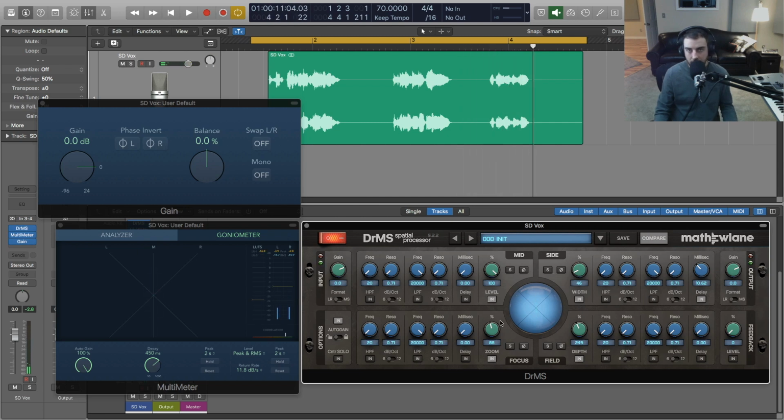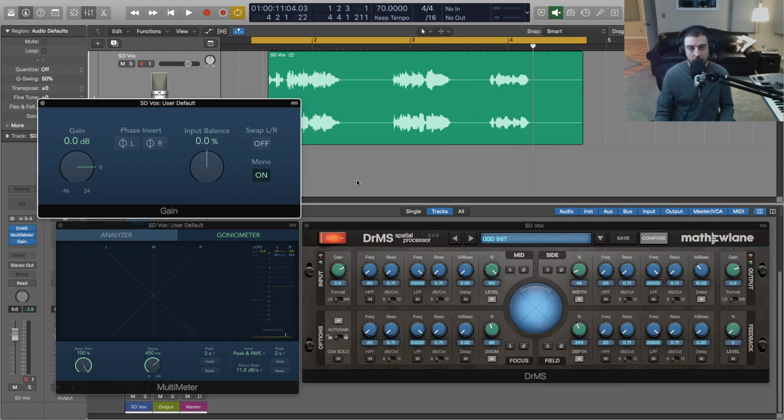All right, so I just adjusted a couple of the parameters, the focus and the field here in Dr. MS. We narrowed the side a little bit, added a little bit of a delay just so that we're retaining some of that pseudo stereo sort of sound there. But if we keep an eye on the analyzer over here, correlation's in the green, we definitely had the visual that we're used to there. So everything was fine. Now, if we go to mono, let's see if we lose that word